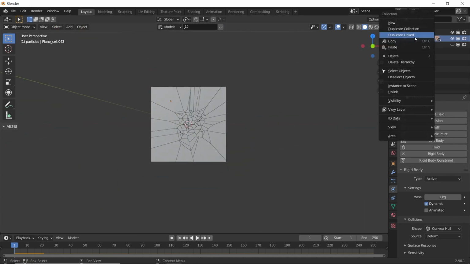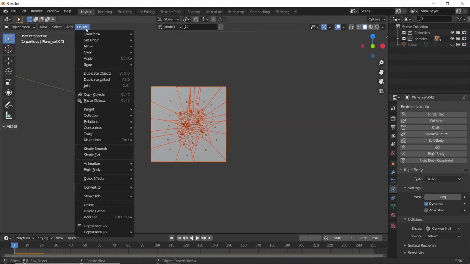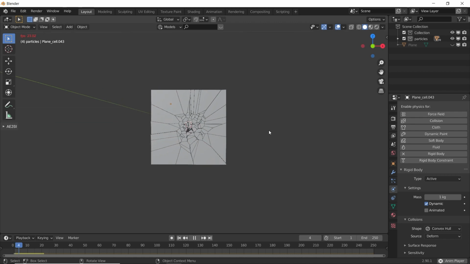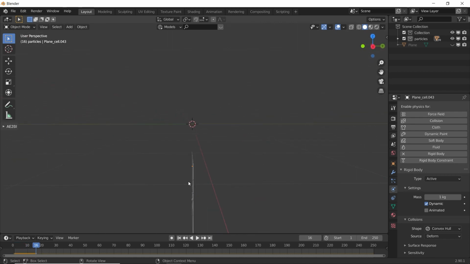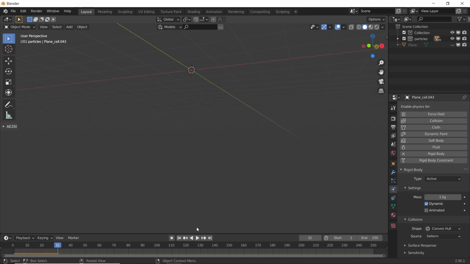Select these particles, select objects, go to Object, Rigid Body, Copy from Active. This is the active object here. So if you play the animation, see, now we applied physics for every object.